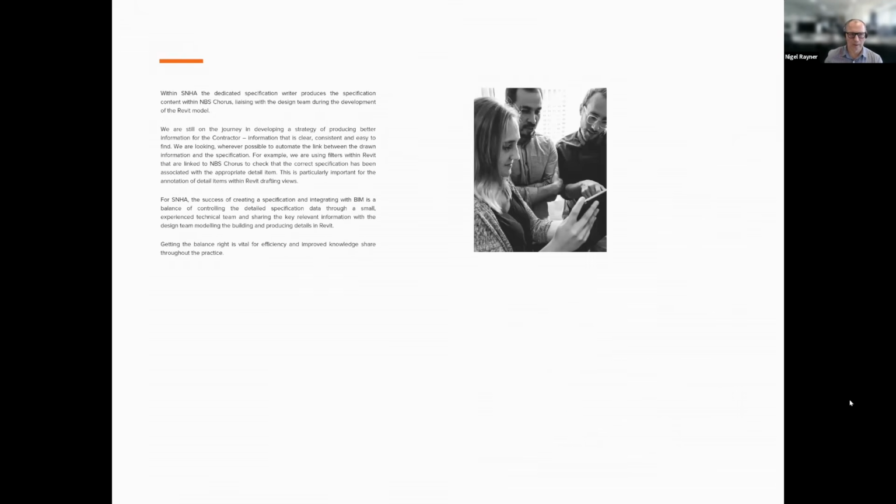So just to summarize, within SNHA, we have dedicated specification writers, such as myself, who basically produce the specification content within NBS Chorus. And then we liaise with the design team, the designers, and the technicians during the development of the Revit model. So they do a lot of the tagging, and myself, I do the detailed input